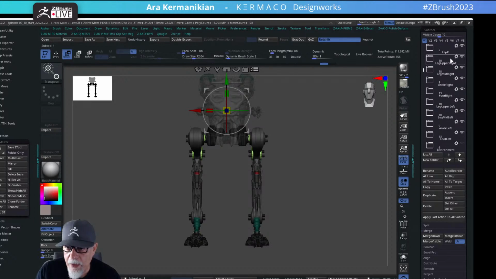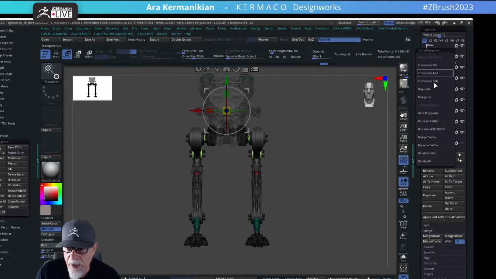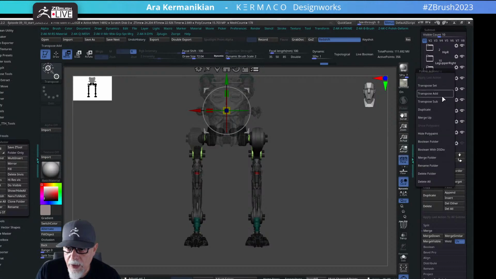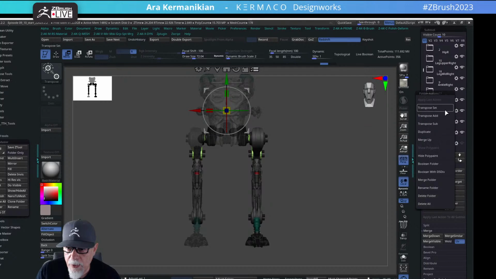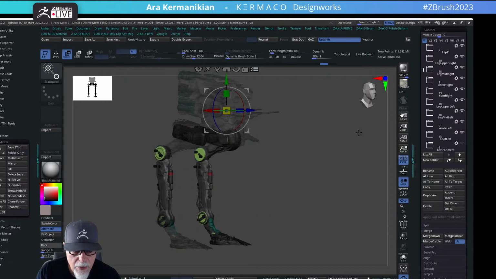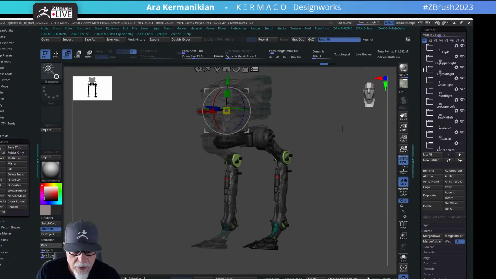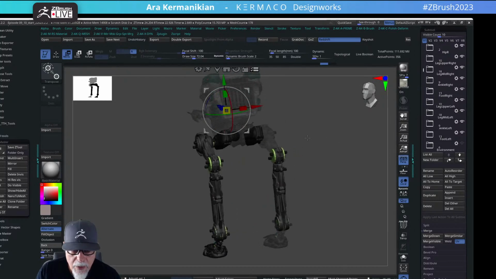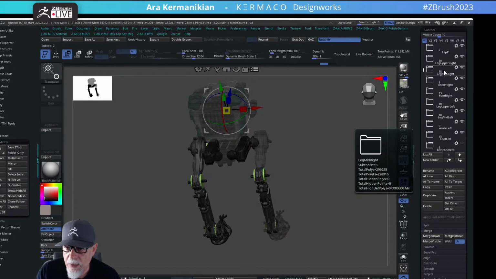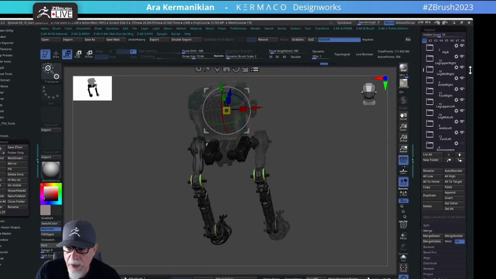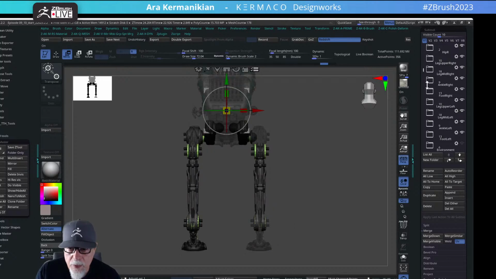The legs are in four different pieces. So I'll start with left leg here, and let's go ahead and subtract that one. Sub, transpose sub, transpose sub, and transpose, oh, okay. What have we subtracted? We subtracted that, okay. Well, we didn't want to subtract this one. Somehow things are out of order. Let's look at it this way. So left leg,